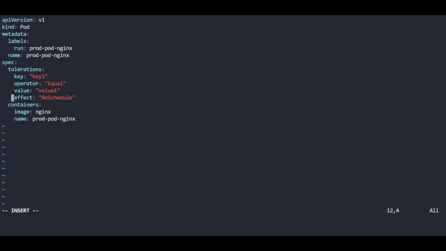Okay, so we have to use the key as env type. We are going to use the key as per the change that has been applied. Set it here. The Equal operator is perfectly fine. The value that we are going to use is production. I'm copying it. Okay, the effect is perfectly fine. So that's it. Just save it